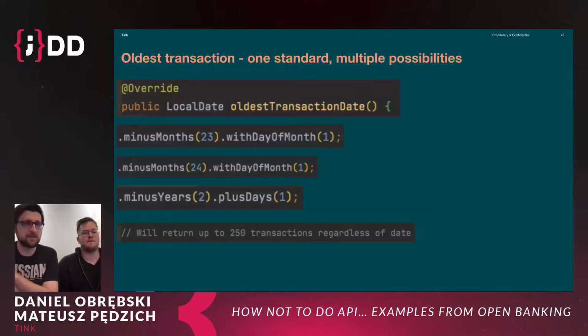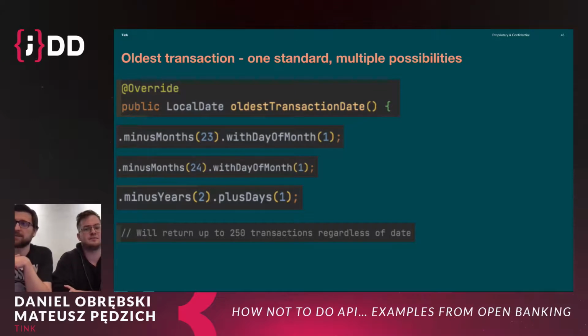And now again, Spain. In one of the standards, it stated that you can fetch 2 years of transactions, but different banks think differently about what is 2 years, to be honest. So by default, we have an interface that is implementing a method for the oldest transaction date. By default, we are just doing minus 2 years, and it's working for most of the banks, but of course, there